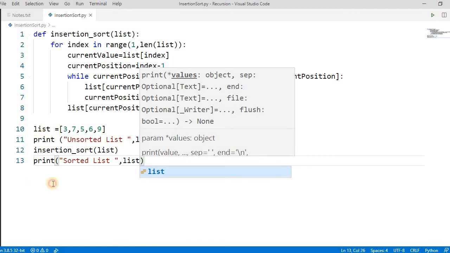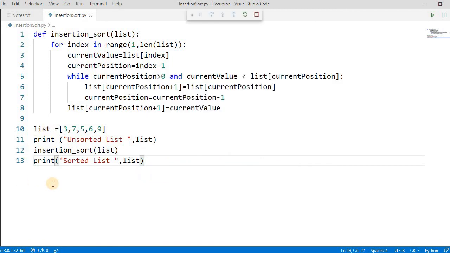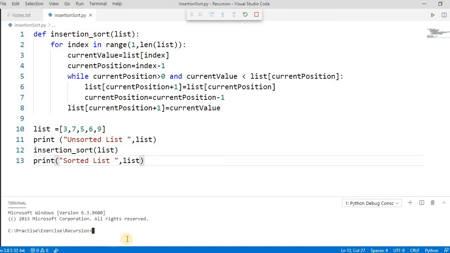Simple. Let's run this and see the result, whether it's working or not. It will work because the logic is implemented as we discussed. It's taking time. Okay, it's opening.